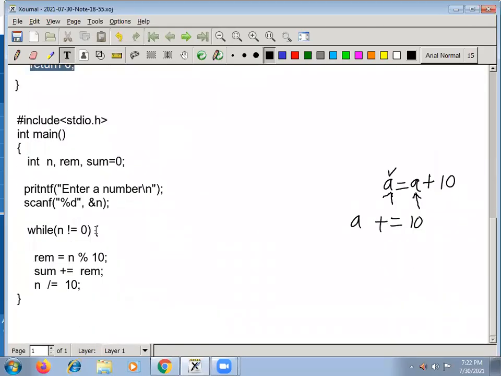Okay, right, so the logic here is now not to write inside the main. You have to develop it in such a way that it should be done by a function. That means given your n to a function, it should calculate the sum of digits and return it back to you. Clear?